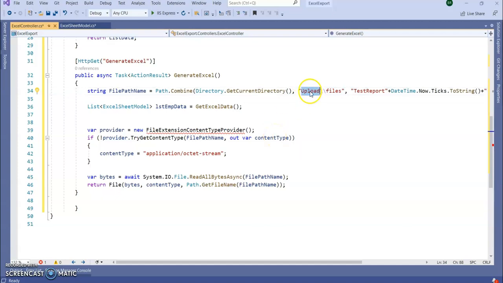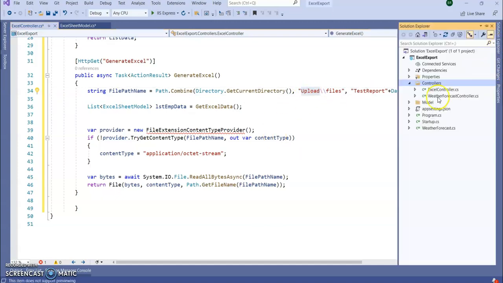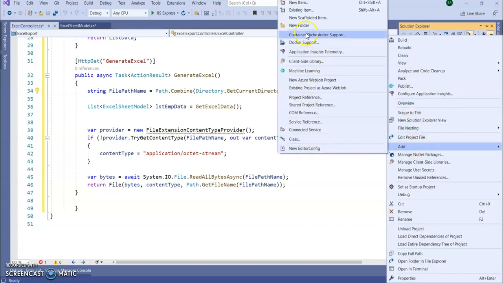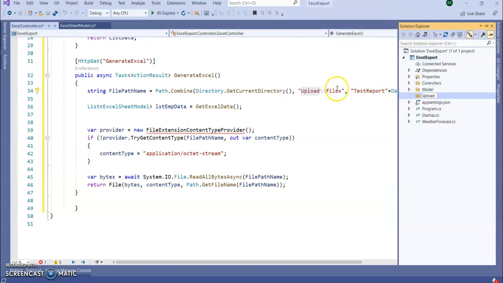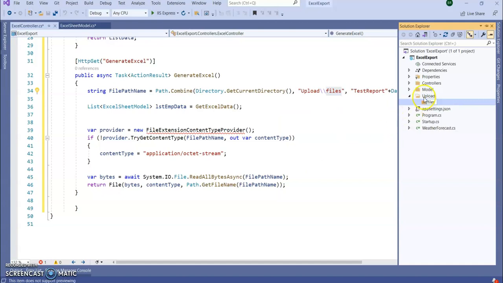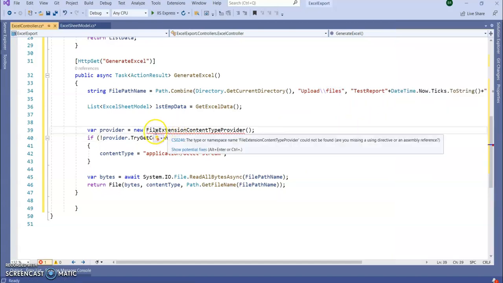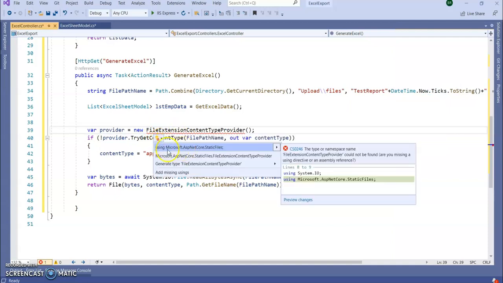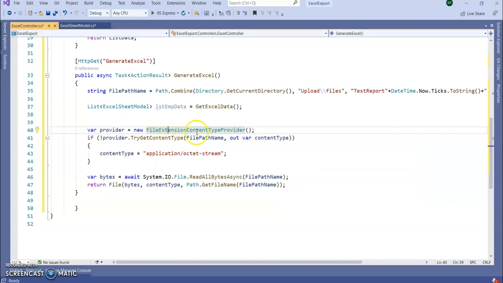Inside our application, let's create a folder called upload. Inside upload, I am creating a folder, let's say new folder of files. My Excel sheet will be stored here, whatever is generated. I think we need Microsoft.AspNetCore.StaticFiles, right?